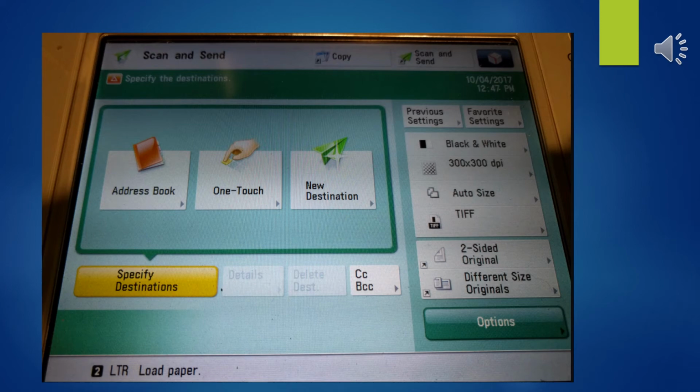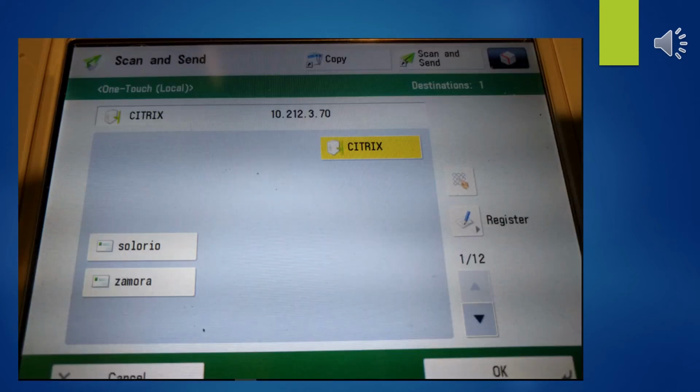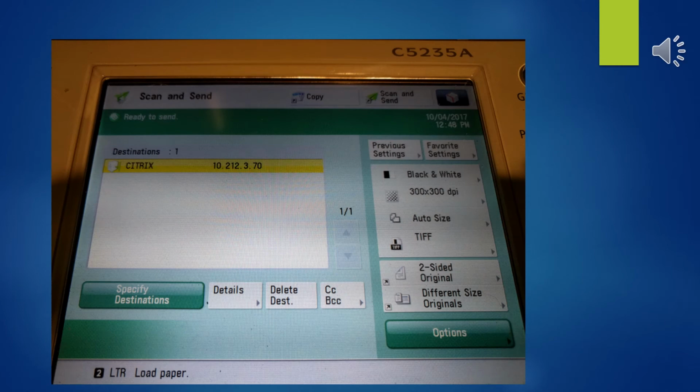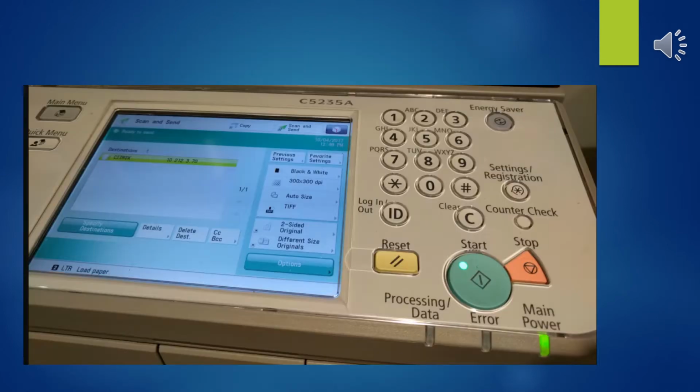On our system, we select One Touch to get to the next configuration. Here we select the stored destination that we have named as Citrix. Of course, your company is going to be different. Do a quick review of the settings you've selected. Make sure you haven't made any goofs. Once the destination has been selected, on our system we hit Start, and the wonderful scanner will go ahead and